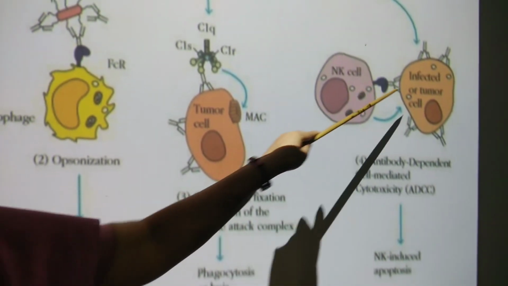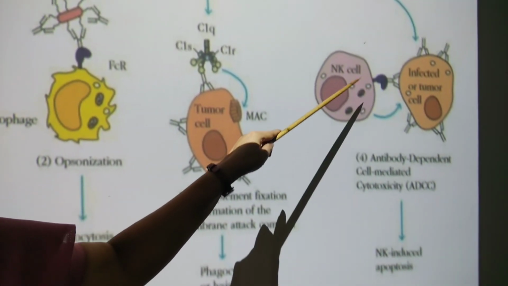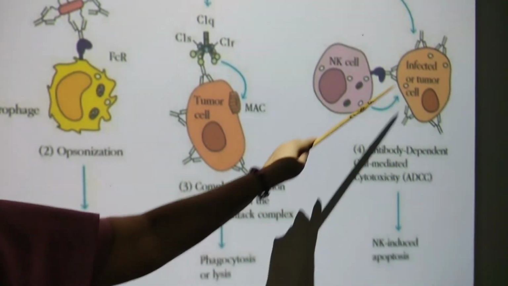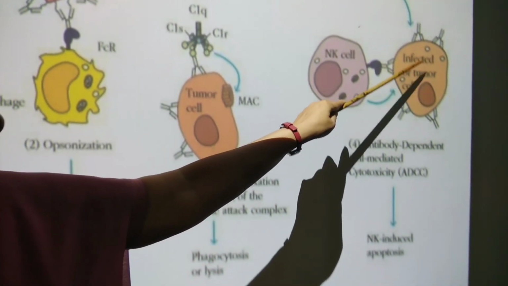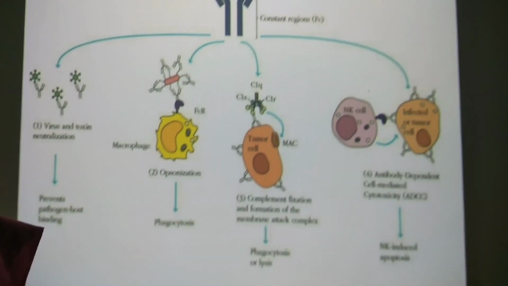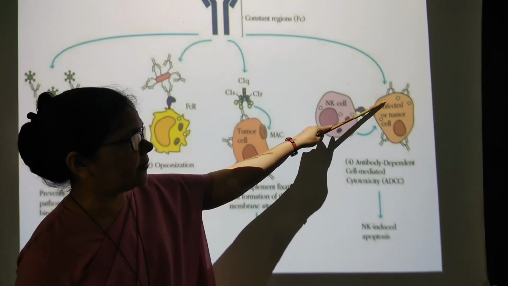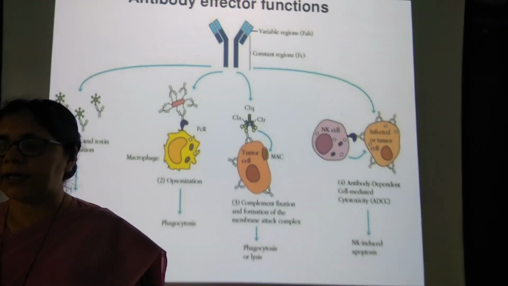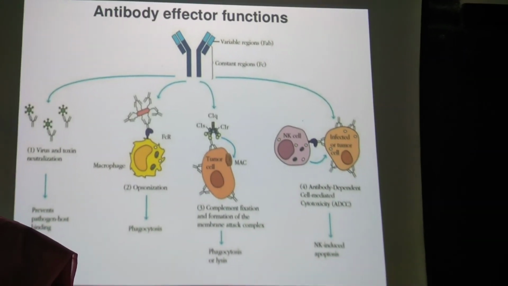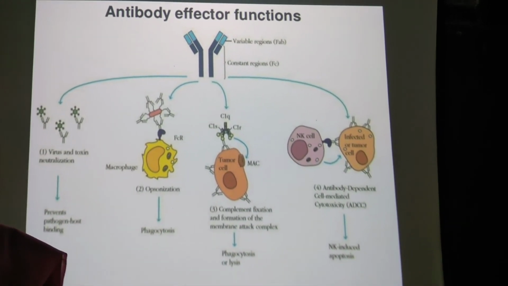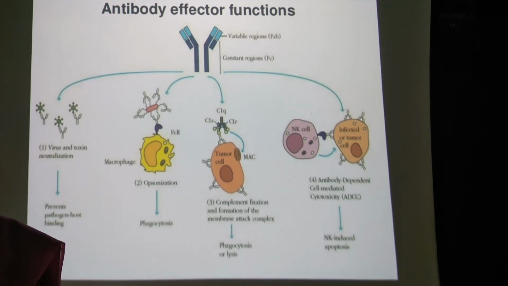Once they are brought close to each other, the natural killer cell will destroy this infected cell or the tumor cell. That way it will protect the body from either developing the disease or from developing tumor cells. So these are some of the effector functions the antibody carries out in the body. And to summarize the humoral immune response,